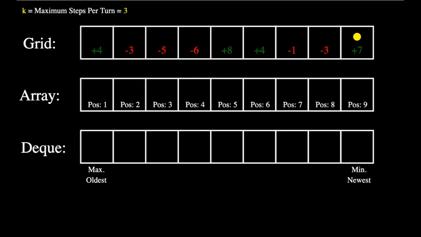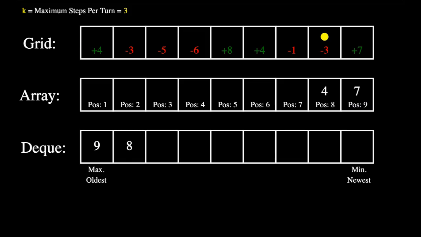To understand the solution that uses the deque, we have to use an example first. Also keep in mind that k has increased from 2 to 3. Here, we start at position 9, and we add that to the deque. We have to keep track of the positions, not the values. Next up is negative 3 at square number 8. First, we get the position at the head of the deque, 9, to get the highest value that we can reach, 7. And we add 7 to negative 3 and put it in the second array. Then we also add this to the deque.